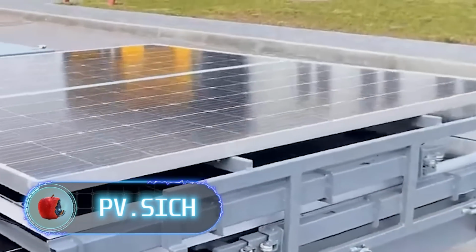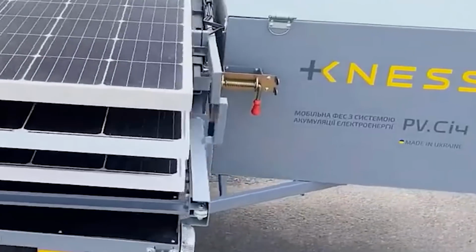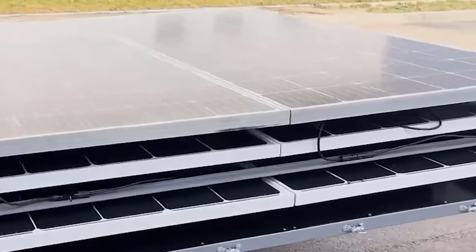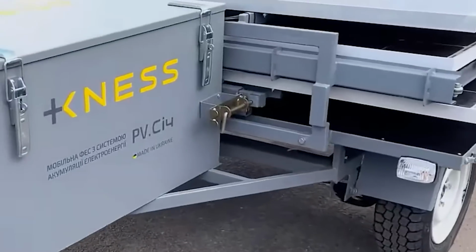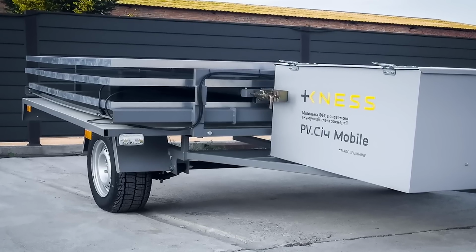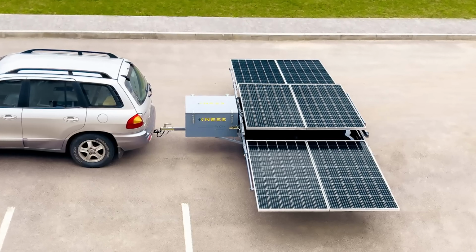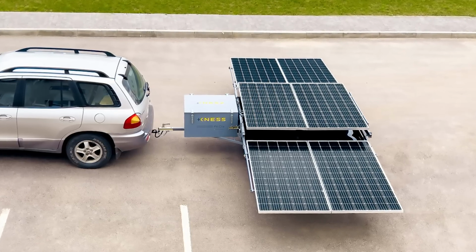PV.SICH. This is an autonomous mobile solar station with an electricity storage system. The station is designed to power electrical appliances with a total capacity of up to 3 kilowatts and is available for use anywhere and anytime. This versatile and efficient solution that meets the core needs allows you to simultaneously power multiple powerful devices or entire